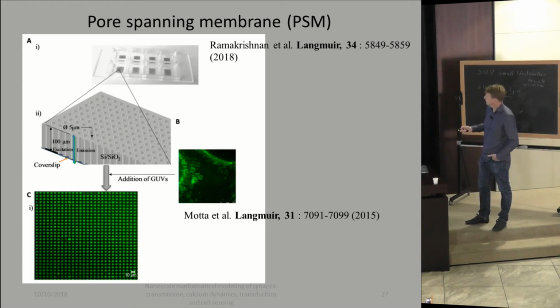And when you put giant unilamellar vesicles that have proteins, or not actually, of course, but if you want to study with proteins, you make them with proteins. To make them with proteins, we also designed a protocol that works well for SNAREs and for several other proteins. There are other protocols, of course, to make proteo-GUVs, but for SNAREs, that's the one that works the best in our hands. And you spread GUVs on this grid. And you see, you cover the holes with the membrane.